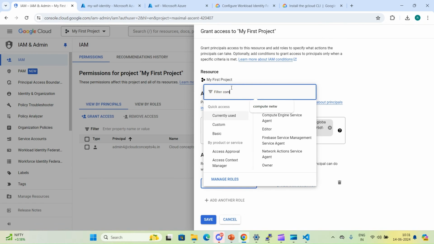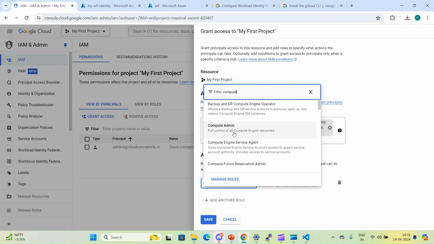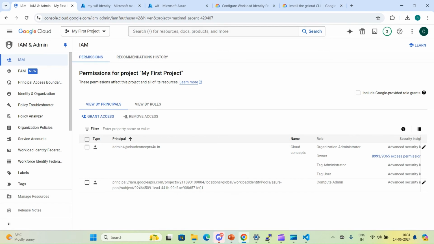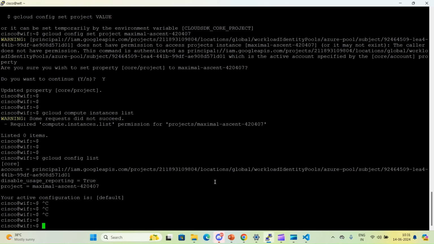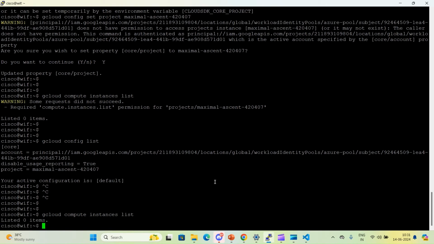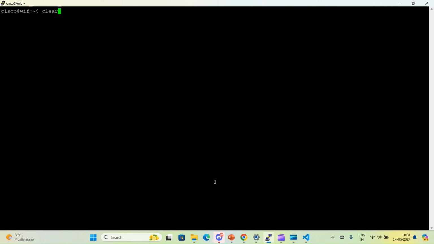Let's provide compute admin, so we can see all the resources, and click on save. Now I have provided the role. Let's try to see whether we can access now or not. We can see it is saying we have 0 items.